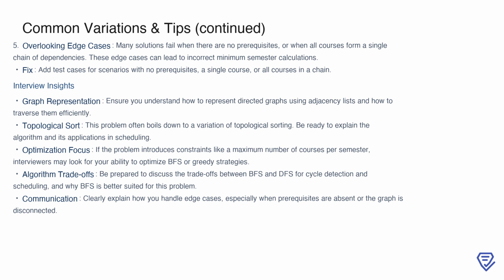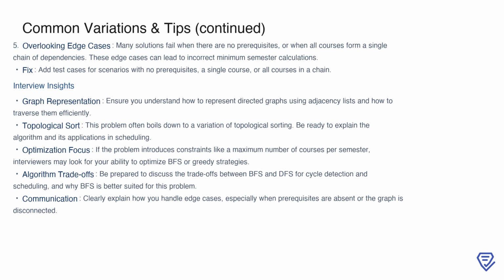Another area where mistakes often occur is in overlooking edge cases. For instance, if there are no prerequisites or if all courses form a single chain of dependencies, these scenarios can lead to incorrect calculations for the minimum semesters. To avoid this, it's essential to include test cases for edge cases like no prerequisites, just one course, or a fully linear dependency chain. From an interview perspective, this problem is a great opportunity to demonstrate your understanding of graph